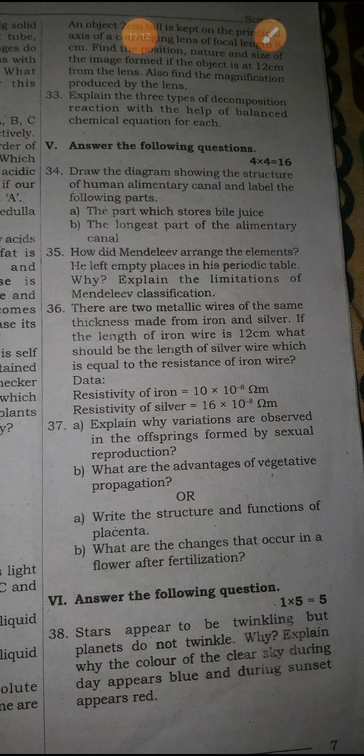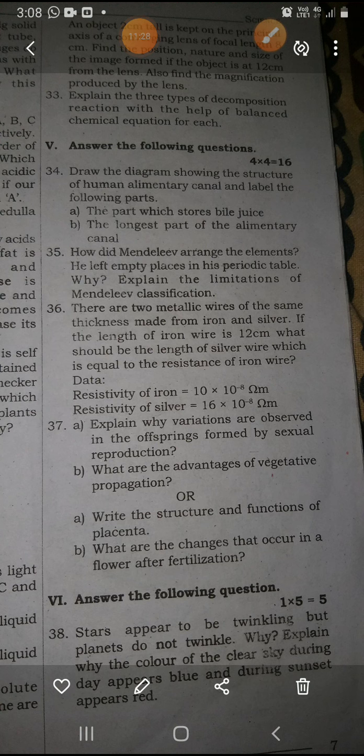Draw the diagram showing the structure of the human alimentary canal and label the following parts. This question is also related to biology, wherein you need to draw neatly the alimentary canal of the digestive system, starting